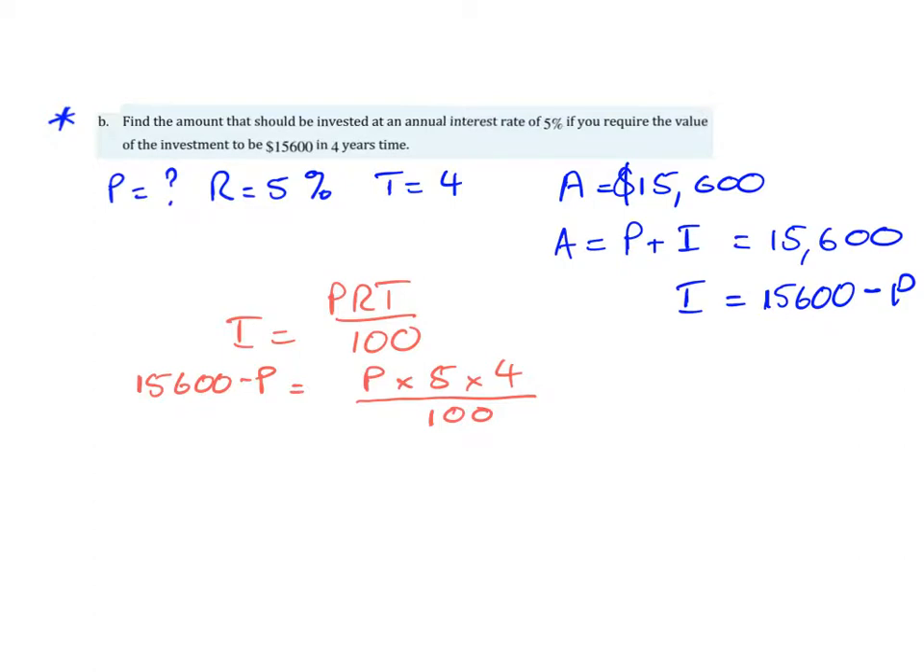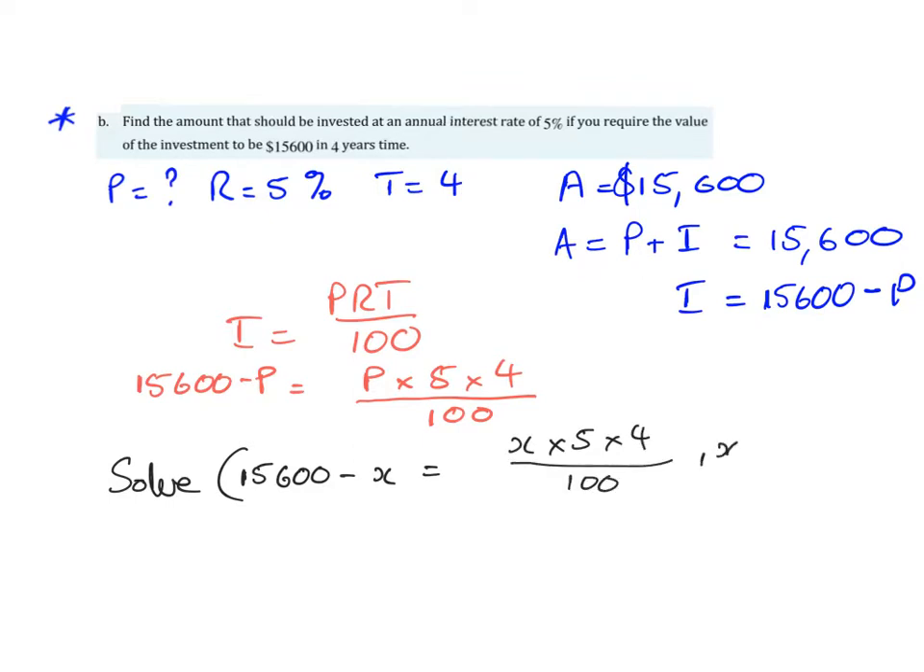So one unknown. It's in two places. It's on both sides of the equal sign, but it's only P. I don't have P and I there. So how do you do that with your solve? Do you remember? We go solve. Now in this case, I'm going to put, instead of P, I'm going to put X. So 15,600 minus X is equal to X times 5 times 4 over 100, comma X. All right, X is what I'm looking for. Put that into your calculator and you get X is equal to